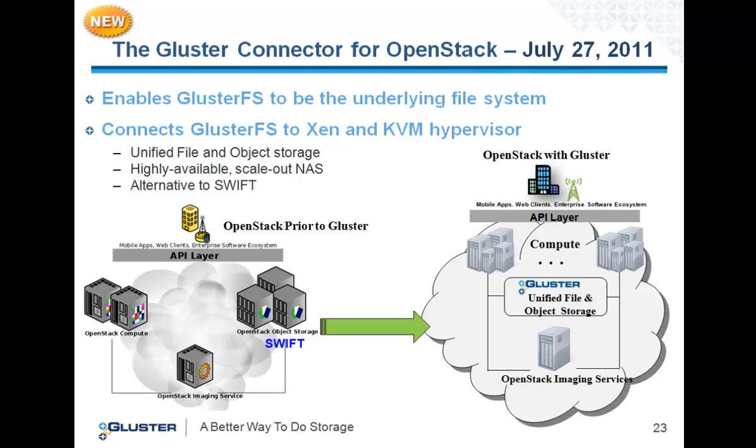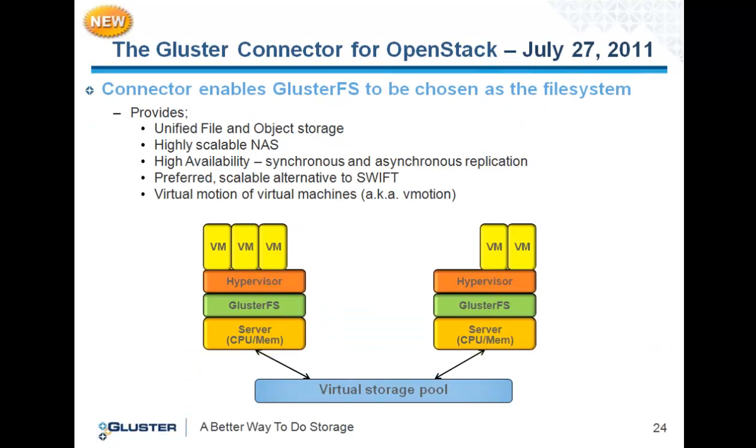So OpenStack with Gluster today now supports an API layer into the cloud for all of the applications we talked about, mobile apps, web clients, and enterprise software, a compute layer, a NAS layer, an object storage layer, and an imaging services component as well. So a much more well-rounded